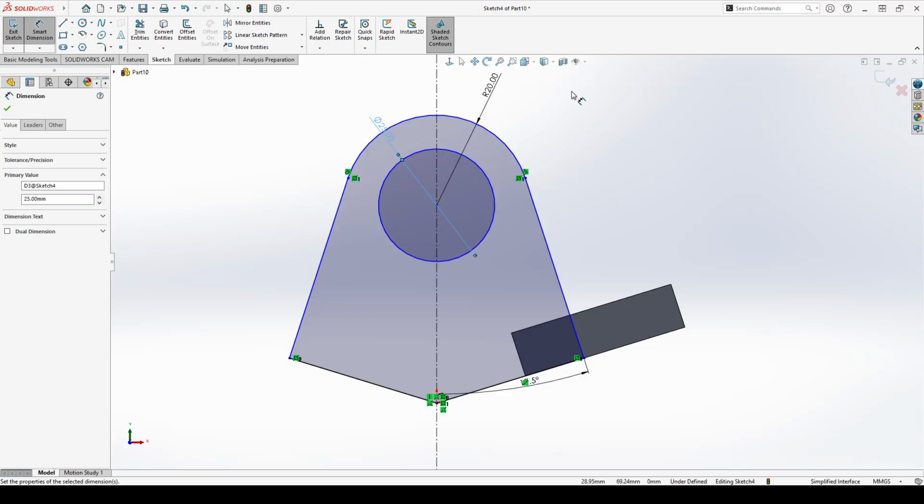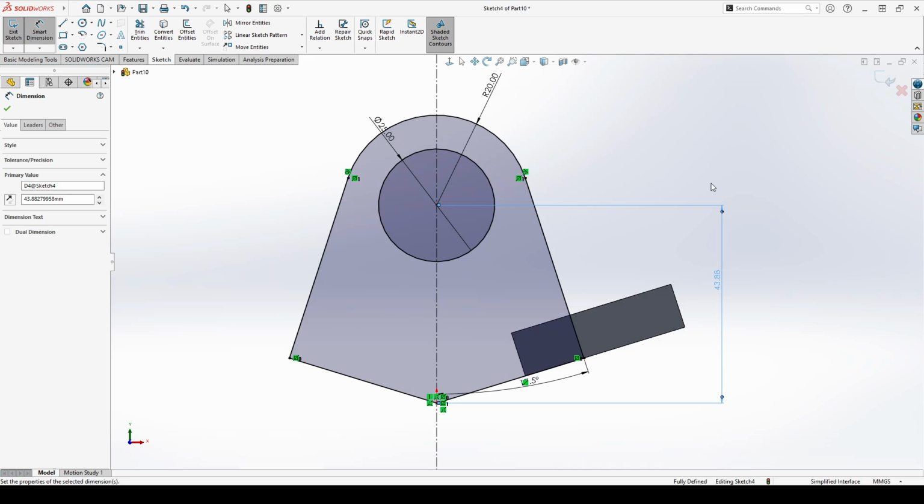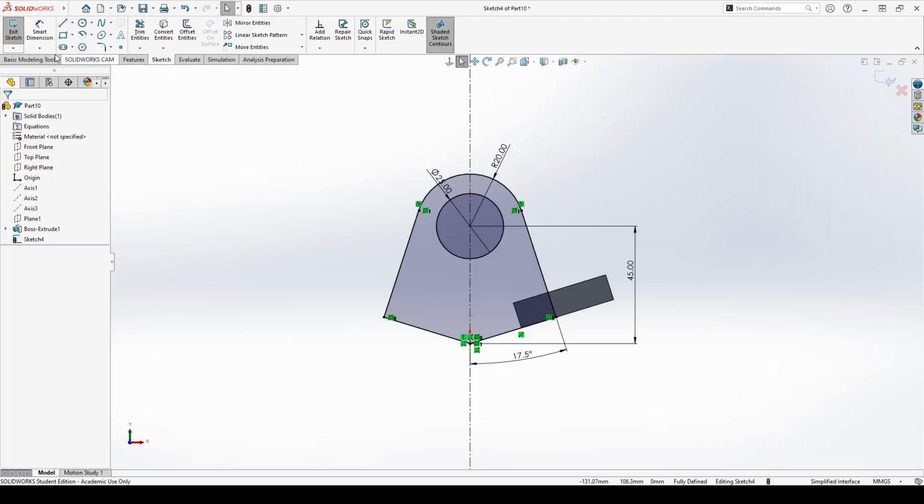And what else do we have here? We have the height, which is given to us as 45. Perfect. So let's grab this dimension, pull it out. Is it fully defined? It is fully defined. Okay, so exit this sketch